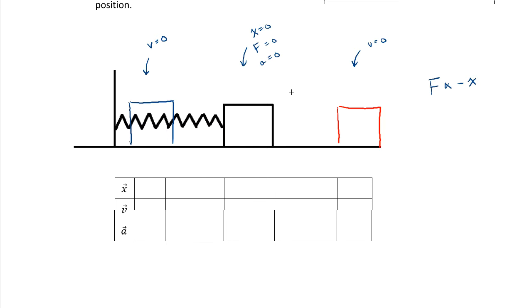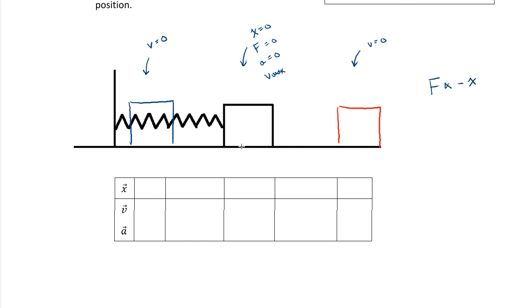So what you're seeing is a mass oscillating backwards and forwards with maximal force, maximal acceleration being exerted by the spring at the edges, and then it comes back towards equilibrium and shoots right through, even though there's no acceleration at the equilibrium position, it's already got a high velocity,